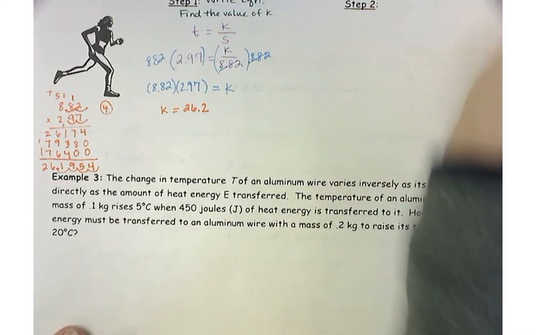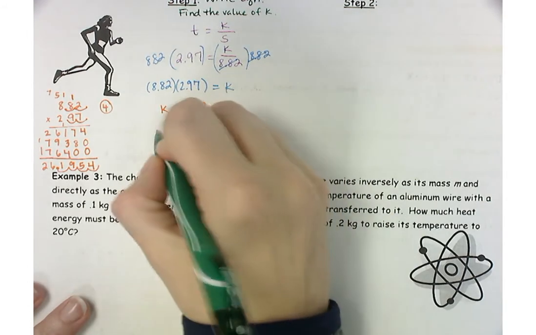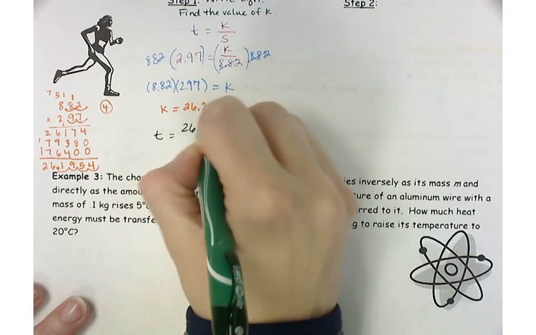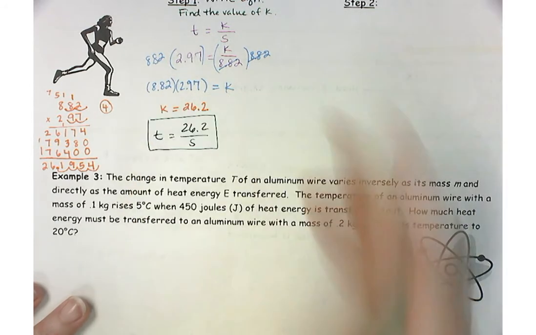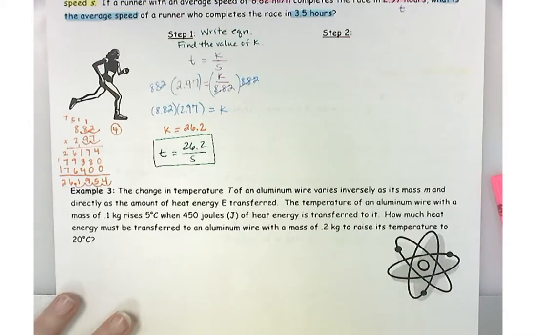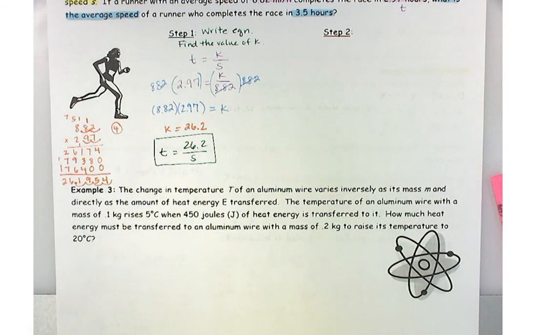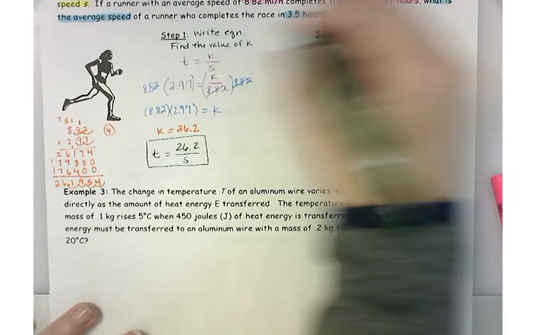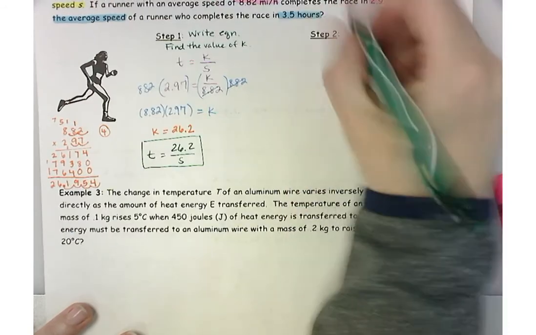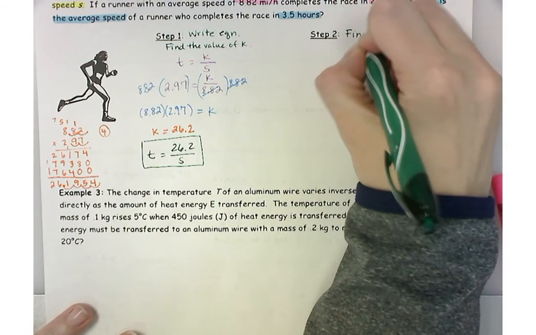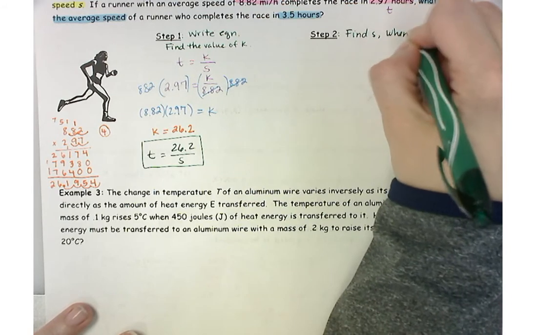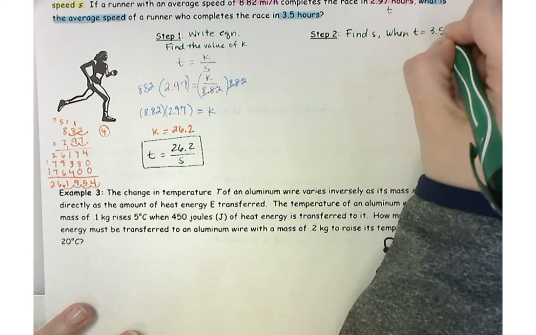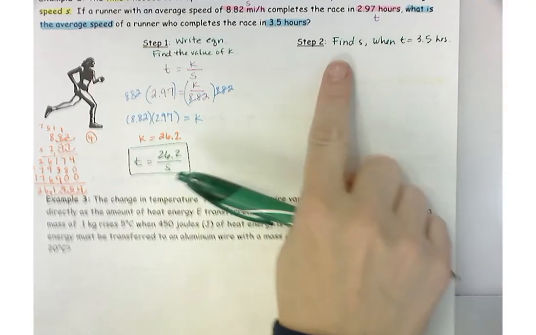Okay, so remember we are going to label our units. The average speed is measured in miles per hour, so we're definitely going to make sure we include that in our answer. Once you plug in 3.5 for t, okay, and then you have the 26.2 over s, notice that the variable's on the bottom. So we said over here that you're always multiplying by the denominator. You can multiply both sides by s and then divide, or you can also set this up like a proportion,